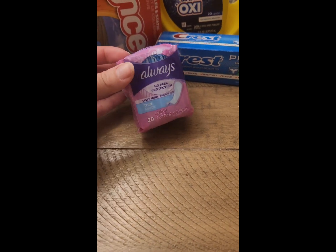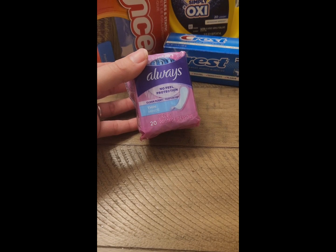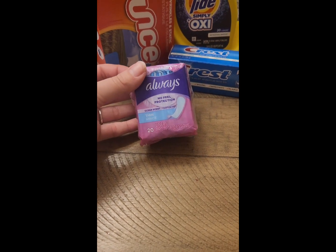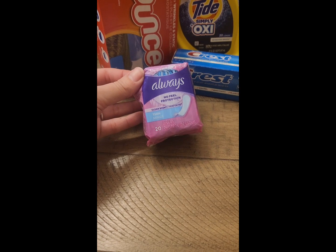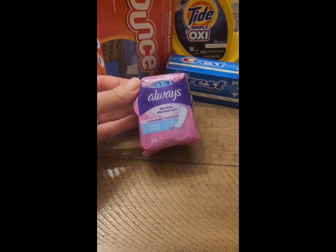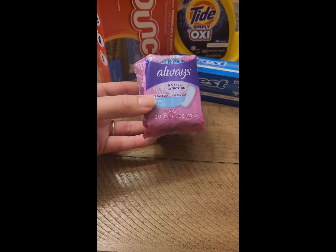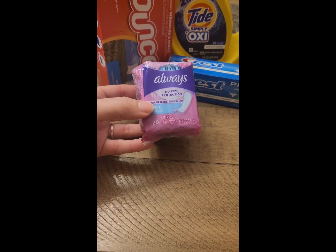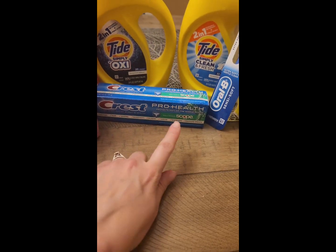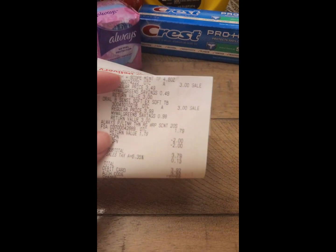But you all know that on the app, there was a coupon of $2.50 off that we're applying to the panty liners, but for some reason it did not attach at the store, though it does attach on the app. So I went ahead and contacted customer care. They told me that this item doesn't qualify for the coupon, and obviously they didn't honor it. They gave me an explanation of the terms and conditions of the coupon, stating that it doesn't qualify for this specific item. I would have to buy a bigger quantity and not this one that cost $1.79. So yeah, I did receive a $4 register reward for these 2 items, which made them free. And I paid out of my own money